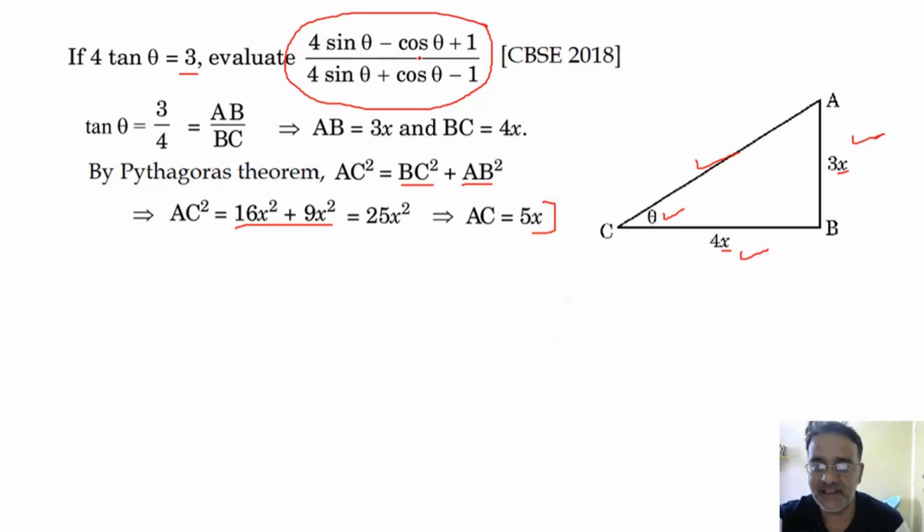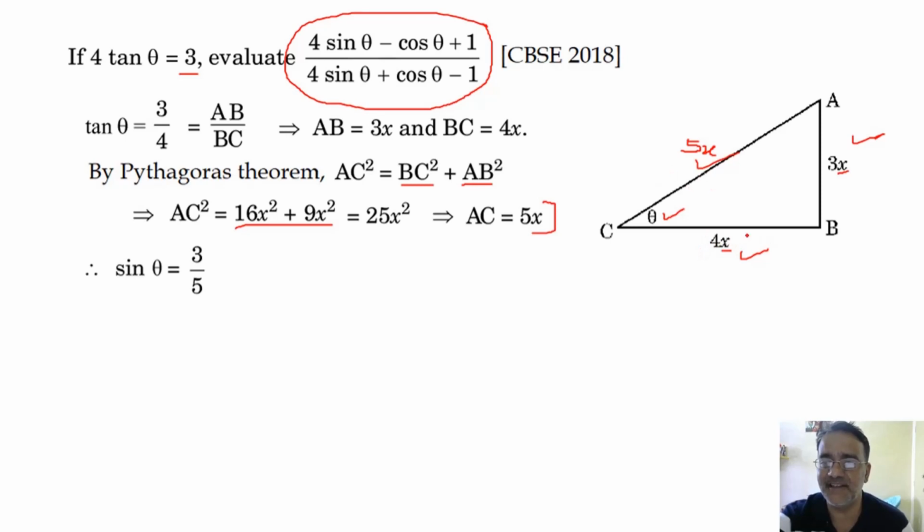Now sin theta and cos theta we required. So sin theta is equal to, here 5x has come. Sin theta is O by H, so 3x by 5x, that is 3 by 5. You can write directly. And cos theta is,